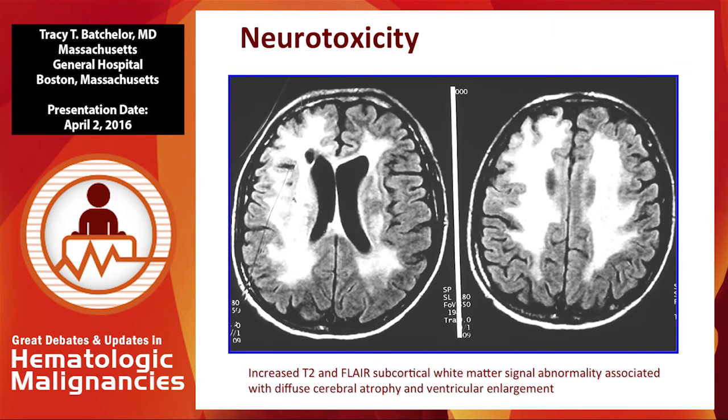So I've been talking a bit about combined modality therapy. One of the problems we encounter in this patient population is that our target is the brain with these drugs and radiation, and we end up with a fair amount of neurotoxicity in these patients. And this is an example of such. A patient of mine who had been treated elsewhere with whole brain radiation, by the time I encountered him, he comes to me with neurologic symptoms and signs,